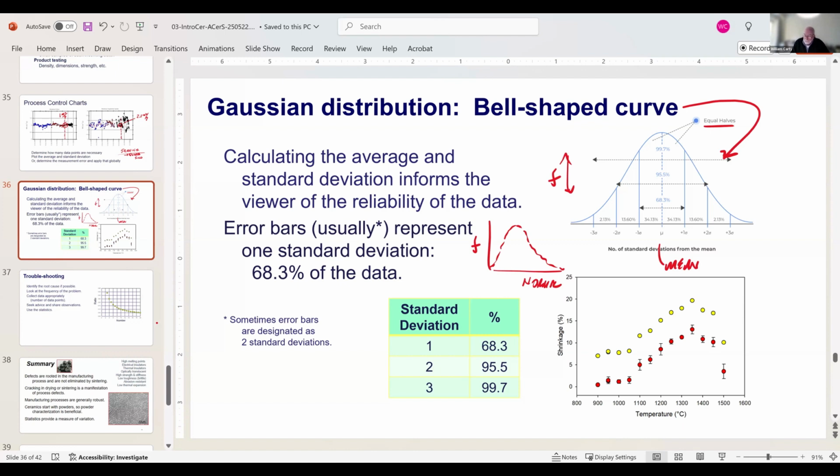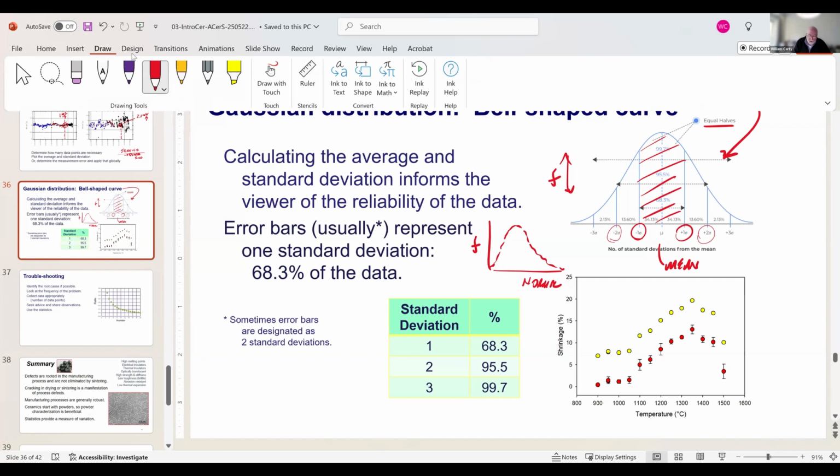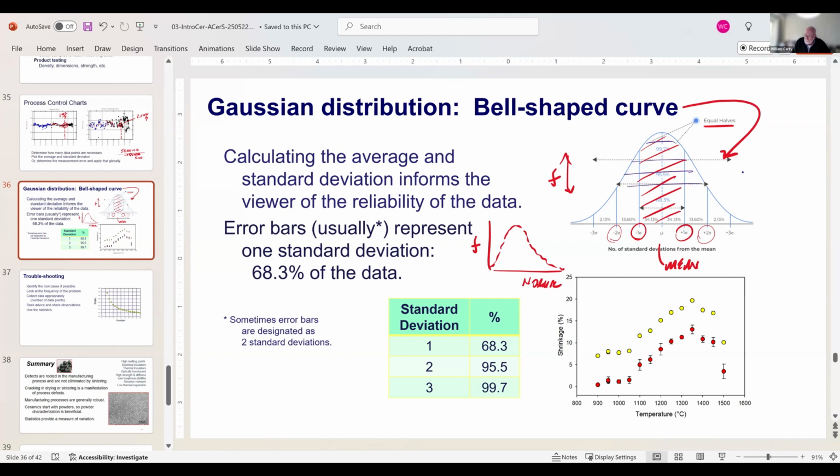So what you have in this curve is one standard deviation, here's -1, here's +1. This area under the curve constitutes 68.3% of all the samples. If you go 2 standard deviations out to here, then we're talking about 95.5% of all your data at 2 standard deviations. And if I go all the way out to 3, I don't really gain that much. I go to 99.7. So this tells me what the range of my data is in terms of its